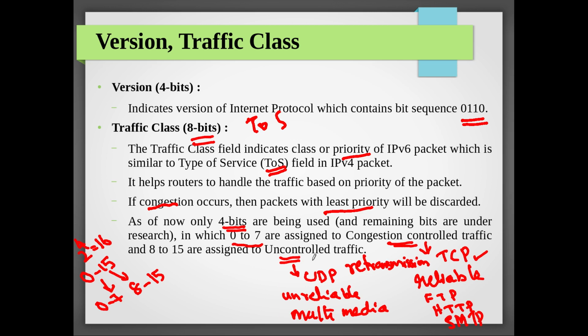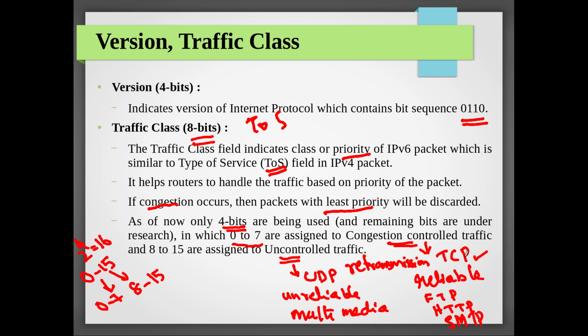Now if you are looking at the typical IPv4 network, they are giving importance to TCP only. If you see this protocol in detail, you will understand. The protocol itself has a lot of special features like retransmission, congestion control, everything. And also if you are looking at the intermediate routers, suppose the router is getting a TCP packet and a UDP packet, what will the router do? The router will try to send the TCP and it will drop the UDP packet if there is congestion.